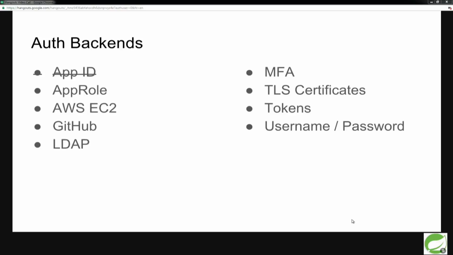And so they refined it with app role, and app role actually, it's a little better, but it's not much of an improvement. And so one of the questions that everyone asks is, how do I solve this whole chicken and the egg problem? And for that, we're going to turn to Frank.